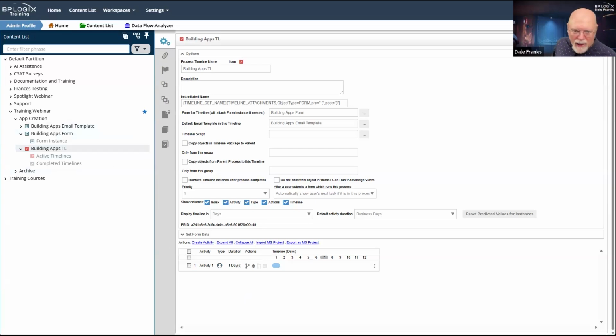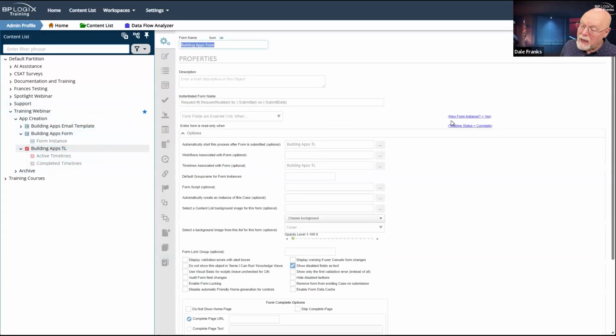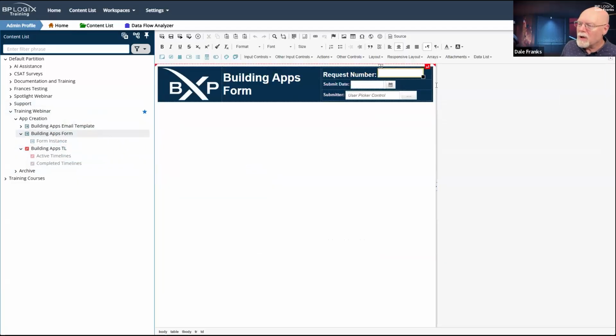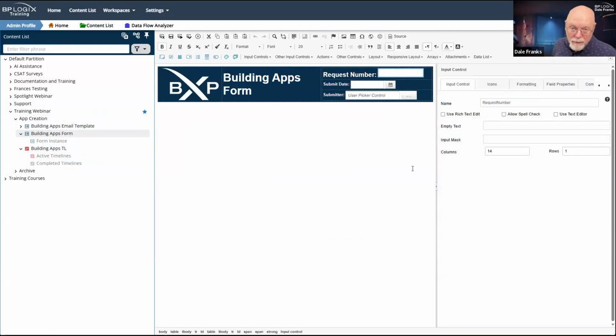I could do that here. We'll go ahead and do that later when we come back and just do the timeline itself. But keep in mind that we are at some point in the future going to need to address this form field right here so that we change it from unsubmitted, which is what its current default value is, to whatever the form number is based on the methodology that we choose.